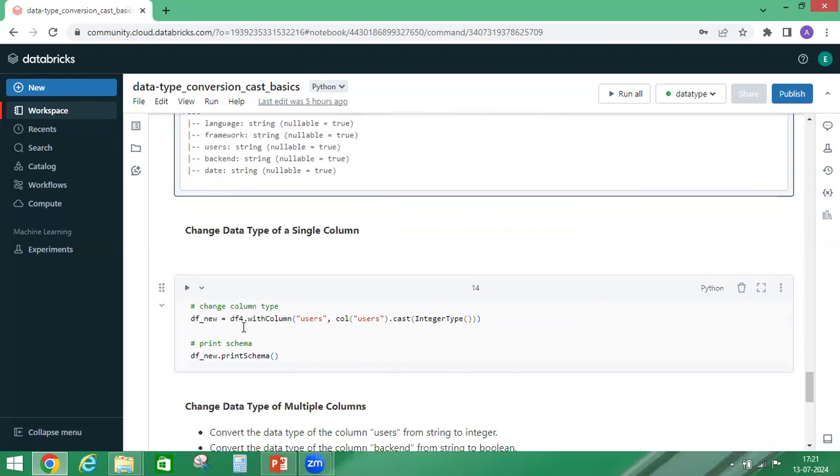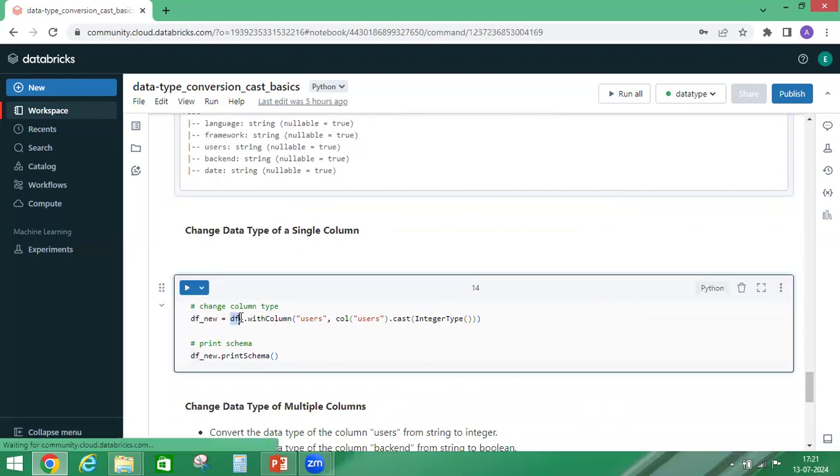So here I'm using df4 dot withColumn function, and I'm mentioning the column name here, col of users. You can use col of users, or you can use users directly, or you can use df dot users. All are the same. And on this particular column I am doing cast and I'm mentioning integer type. So if you run this cell,